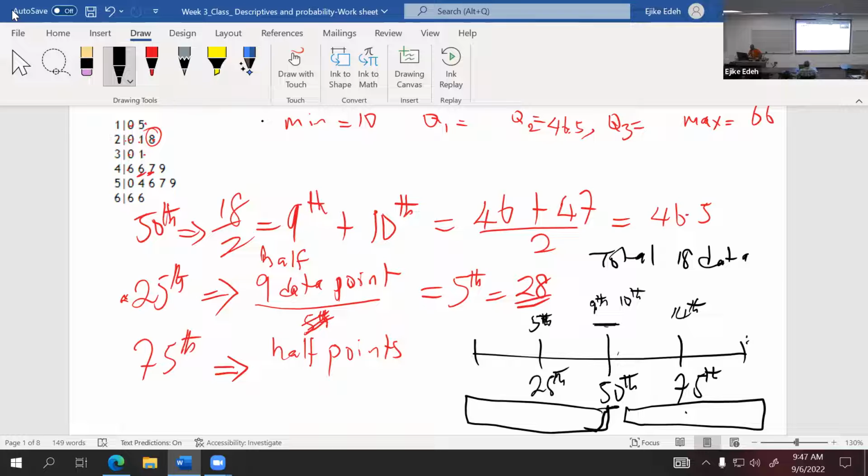So if I have the 75th percentile, that will be the 14th data point. I can count 1, 2, 3, 4, 5, 6, 7, 8, 9, 10, 11, 12, 13, 14. That will be 6, right? And so this will be,